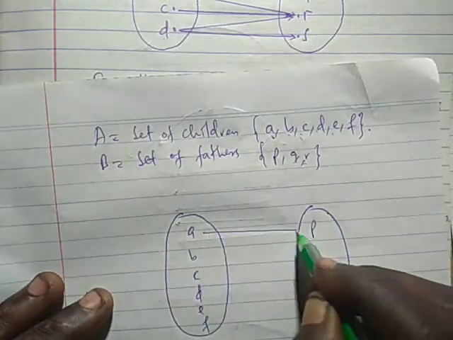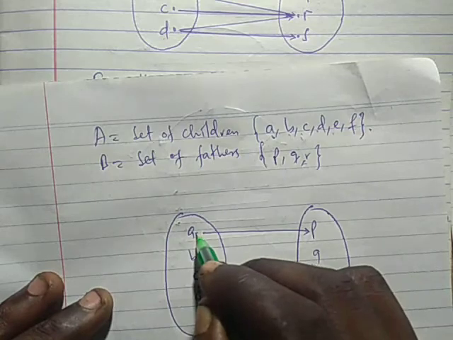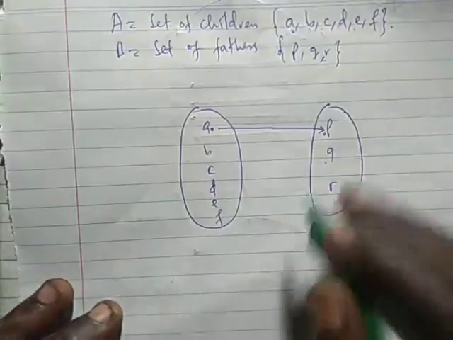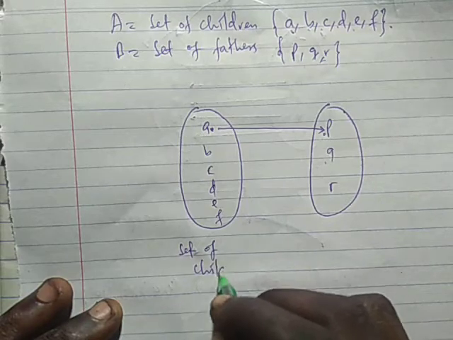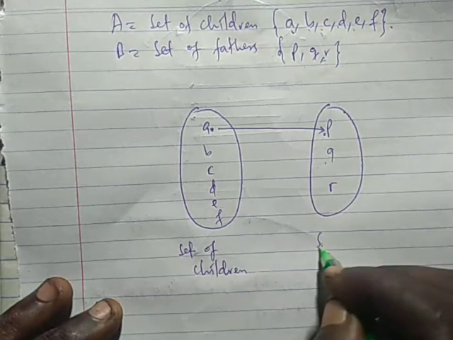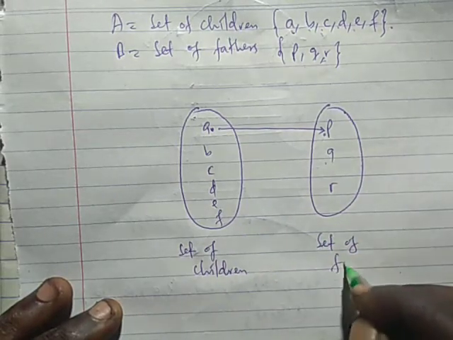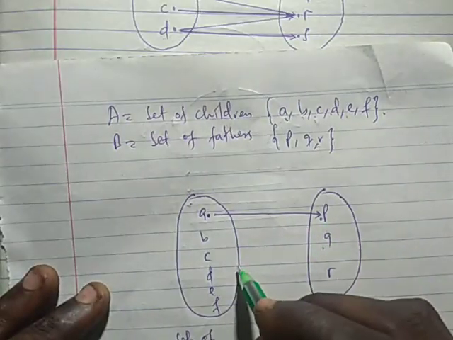So A, say, had his father as P. A here had his father as P. Remember this is the set of children, and this is the set of fathers. Now A, say, had his father as P. But